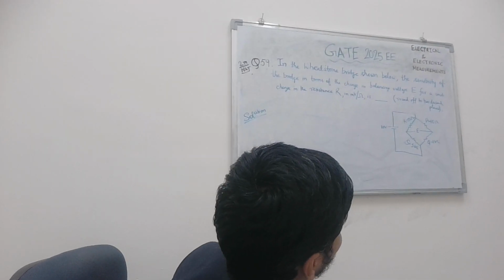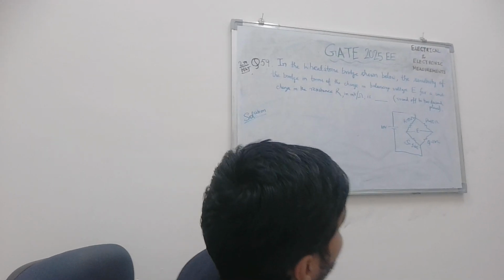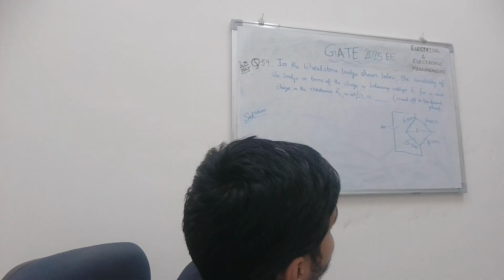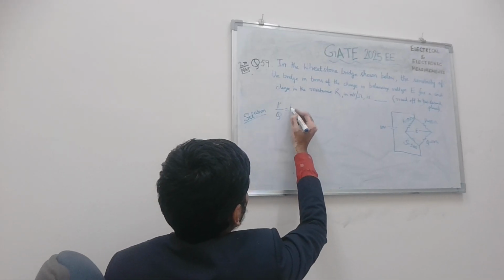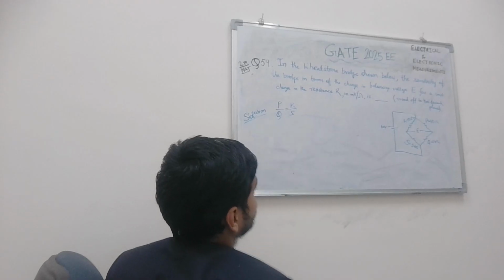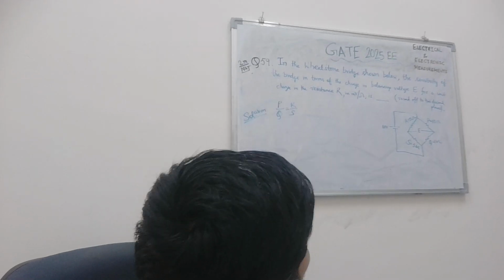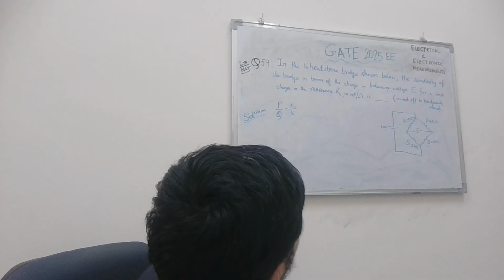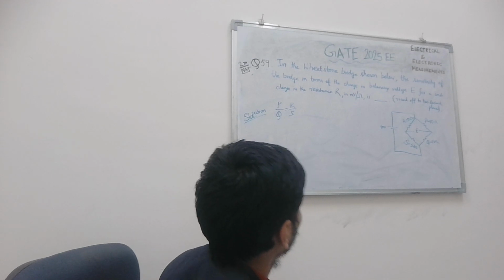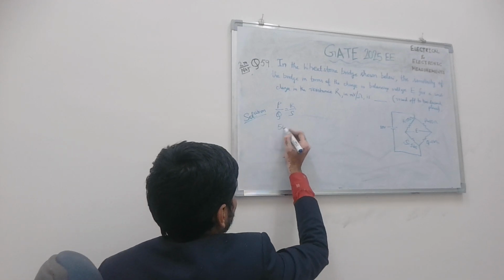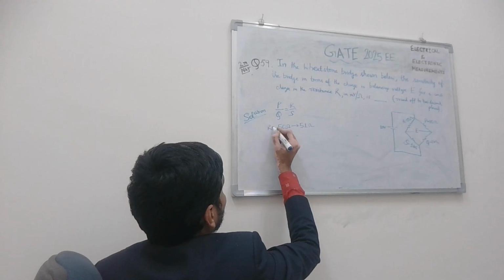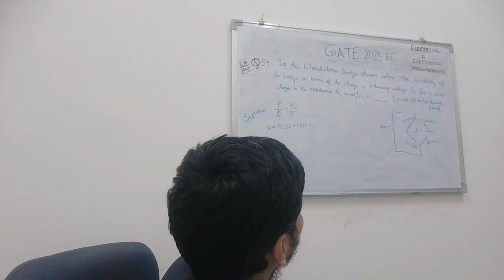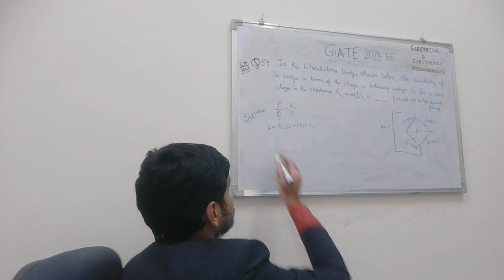Basically, in balanced condition, like in normal condition, this is a balanced Wheatstone bridge as E by Q equal to R by S. Right. Now, when there is a unit change in the resistance R, it is from 50 ohms, it changes to 51 ohms. So let's find the balancing voltage in that case E.